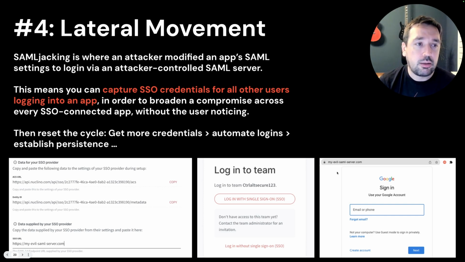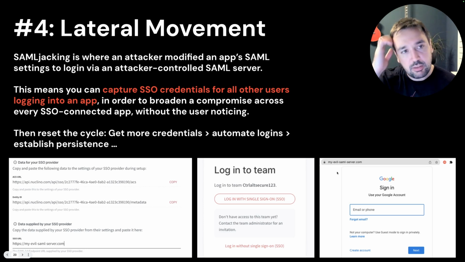If you're interested in this technique more generally, it is a very cool attack technique. I've got blog posts out there, and I've covered it in some other presentations, so do go and check that out. I just wanted to give a basic idea of what it was, for people that aren't familiar, and talk about how we would do this with automation. Ultimately, we need to find if there are SAML settings configured and if they're editable. I'm showing what that would look like with Neutrino below, if you were to change that to point to a malicious server to conduct this attack instead.